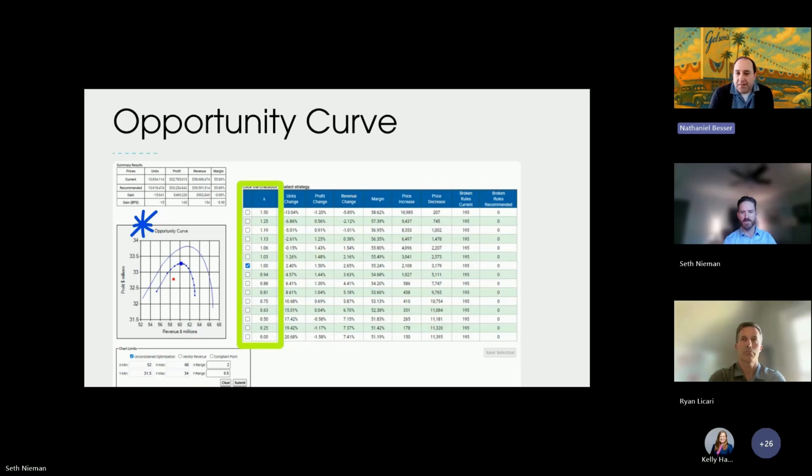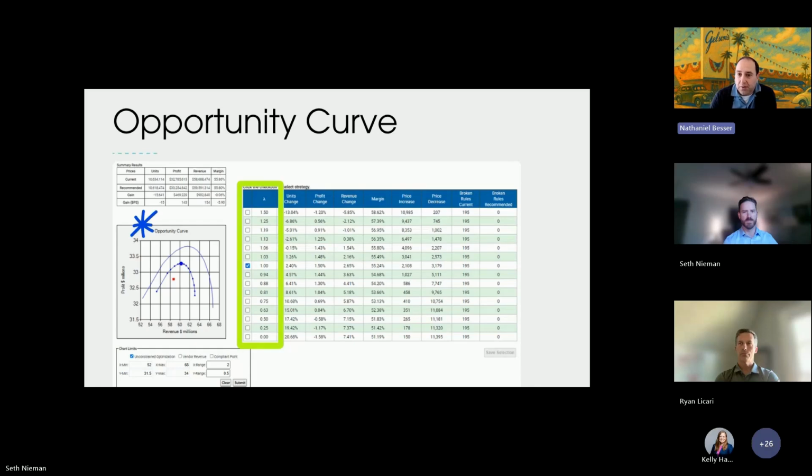Yes, so this is really the starting point when we're looking at optimizing pricing in a category. What I like about this page coming in is I can see my current state, that red dot on the chart, and then all the options available to me and how I can plot a different point on the chart based on the trade-off between profit and revenue. This is where we would take into consideration the category itself. So in a convenience category, we might want to drive profit versus a destination category where we're more interested in driving